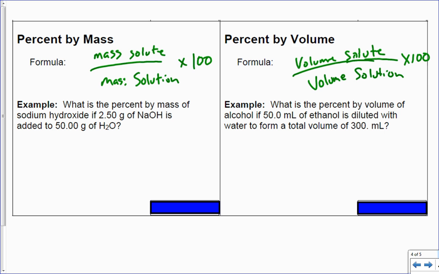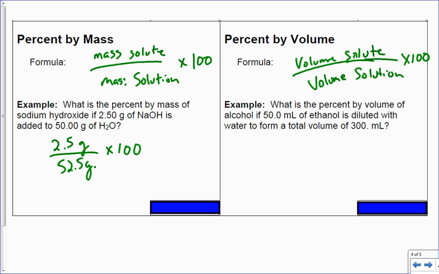Now, to be honest with you, I haven't checked ahead to see what the answers are, but I just want to make sure I don't get it wrong when it comes time. So let's see. This is going to be 2.5 grams over 52.5 grams. That's the part over whole, right? I have to add the 2.5 onto the 50, times 100. I haven't peeked yet, so let's see if I got this one right. 2.5 divided by 52.5 equals, times 100, equals